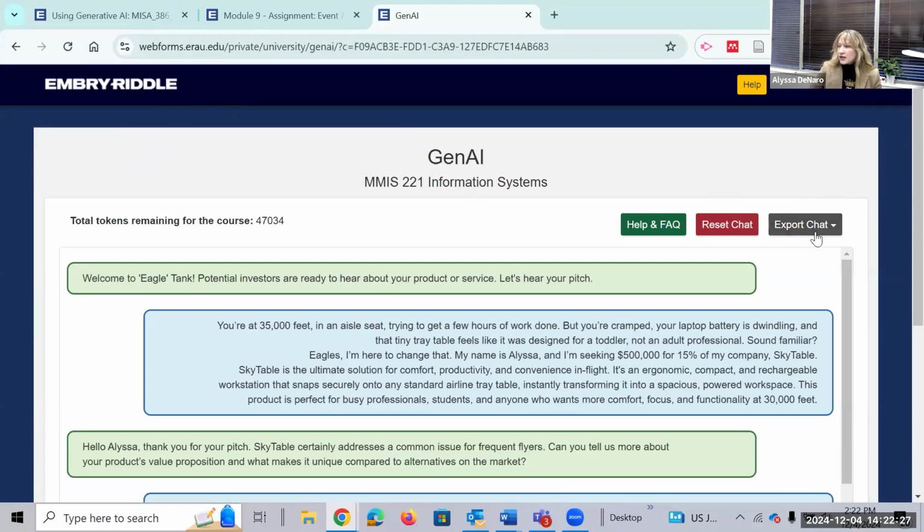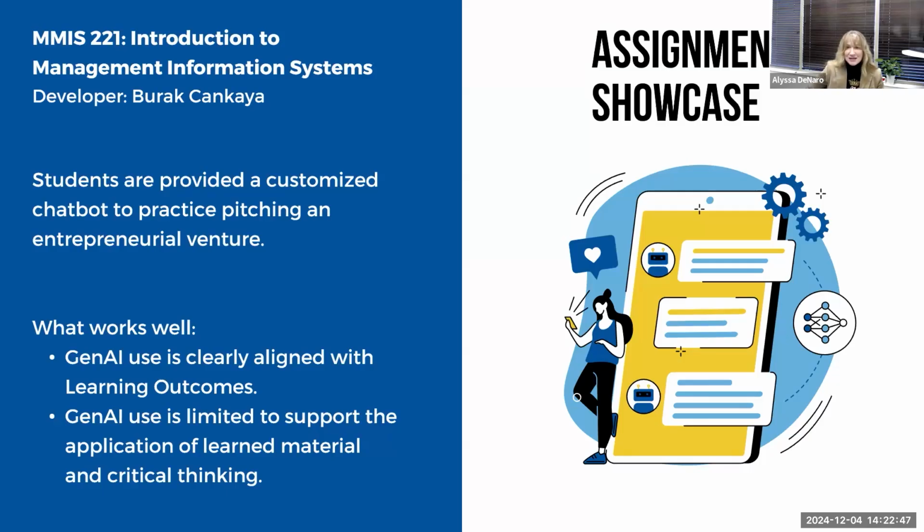So finally, students can also export their chat as a file and then submit the chat file to you as a PDF. So you can see exactly what the exchange was between the students and the chatbot, and actually grade that if you want to make it a part of your assignment. So those are my examples of great assignments utilizing generative AI. And definitely feel free to ask some follow-up questions to me or the developers if they're on the call at the end of this session.